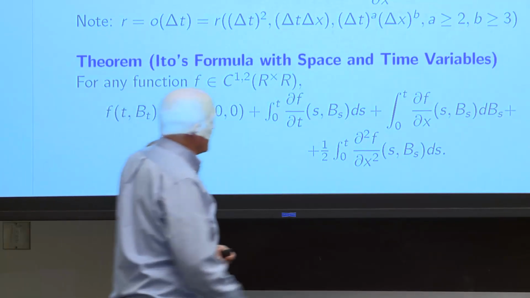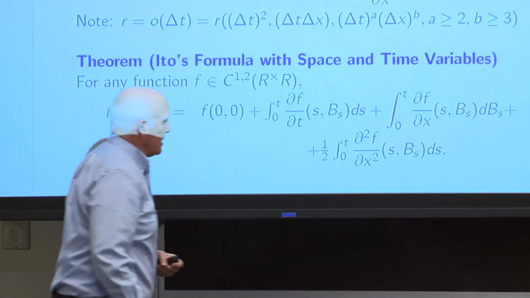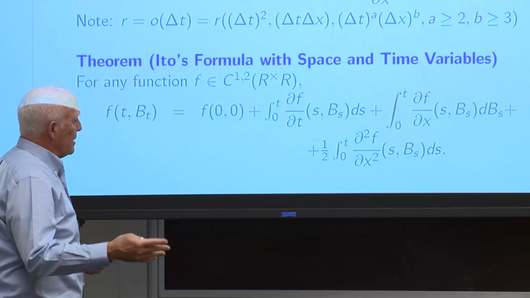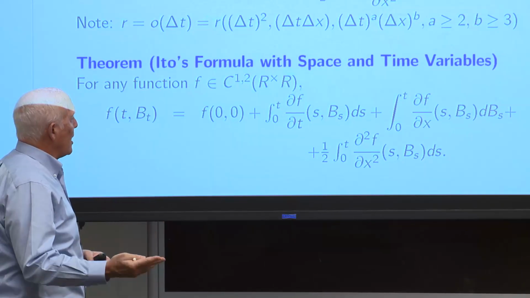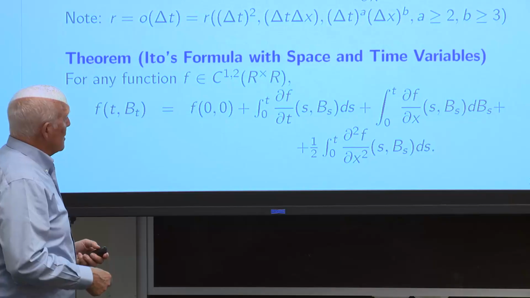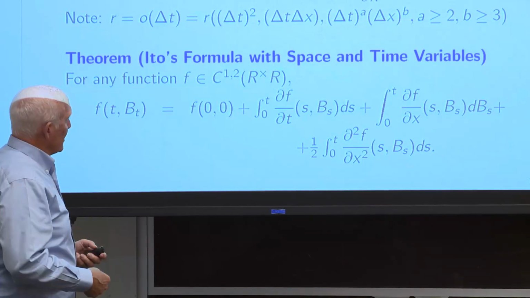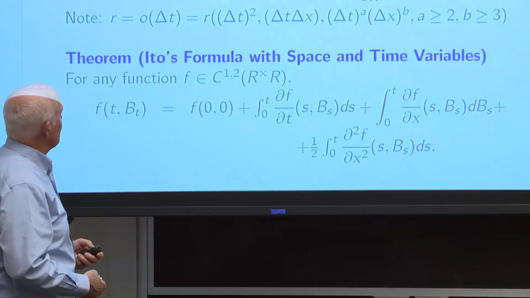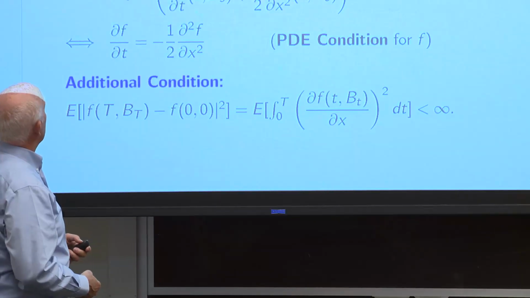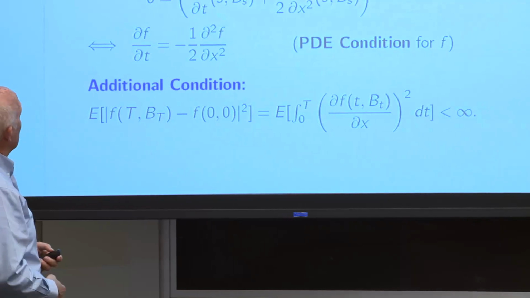And this integral ends up being integrated with respect to the increments of time, because the delta x squared terms are infinitesimally equivalent to increments ds. So for this formula,